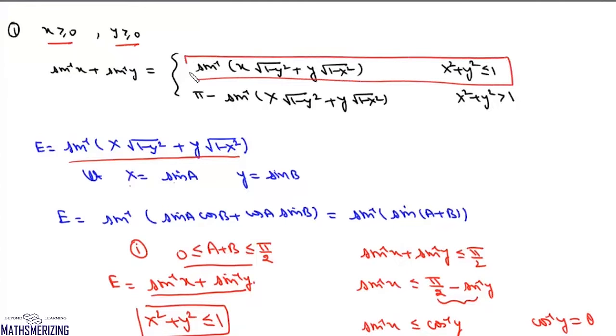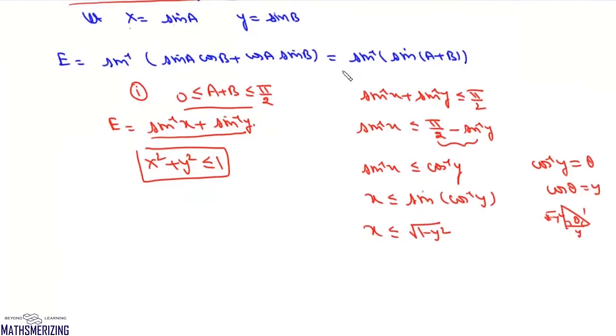When x square plus y square is less than or equal to 1, then we can simply write sin inverse x plus sin inverse y as sin inverse of x under root 1 minus y square plus y under root 1 minus x square. Now we'll consider the second case